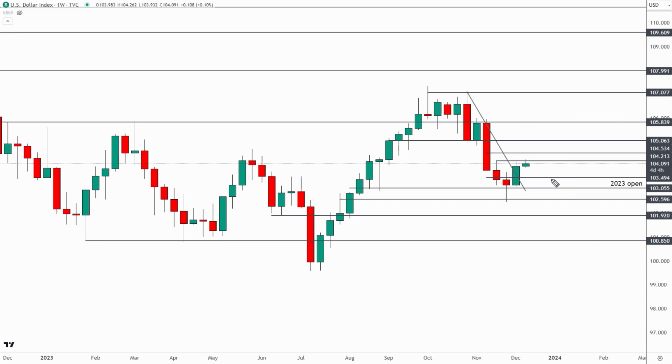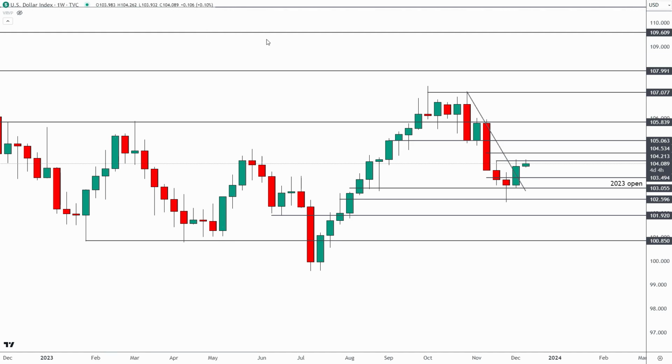So we can kind of boil that down to, close up here into the end of the year, I think we see 109 to 110. Close anywhere below that, I think that we do see a run at those range lows around 101. So all that's going to matter when you're game planning for the new year.